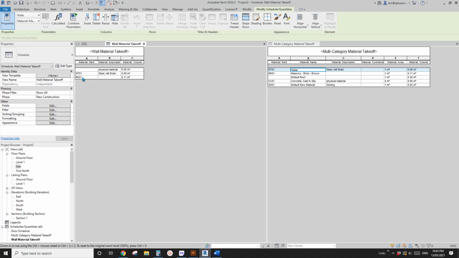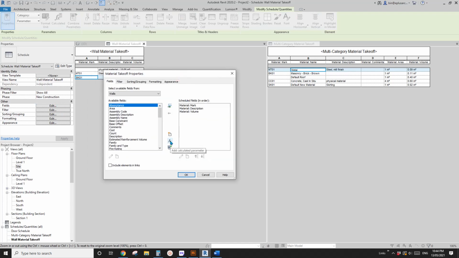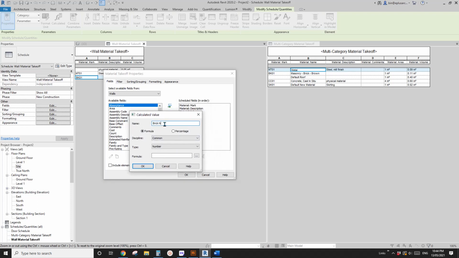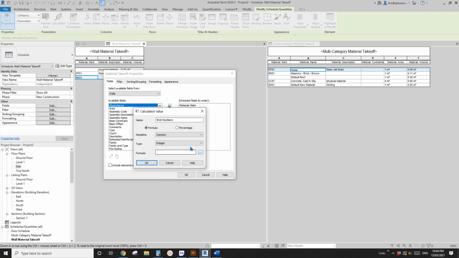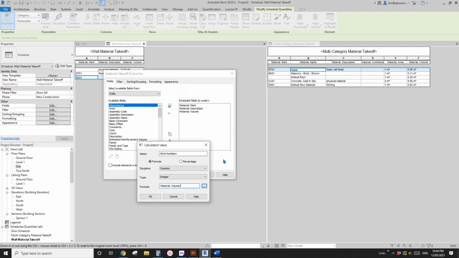So what I'm going to do is count the brick number. So go to edit fields. Here we just need to add a calculated parameter. So click here and let's call it brick numbers. Use a formula, common number or maybe integer. For the formula, click on this one and bring out all the existing parameters in this schedule. So we use volume divided